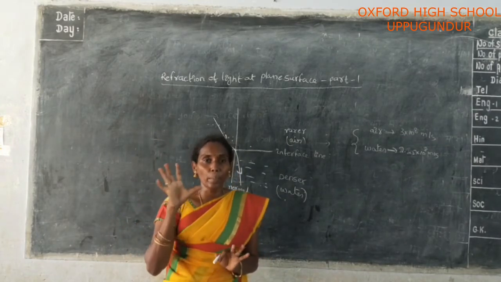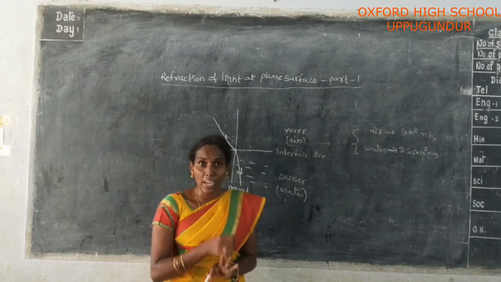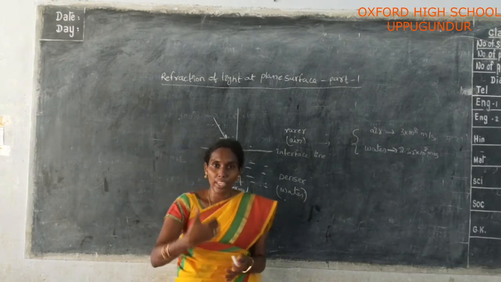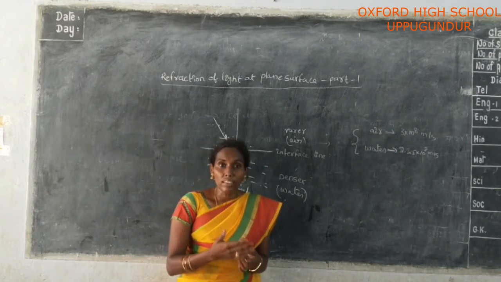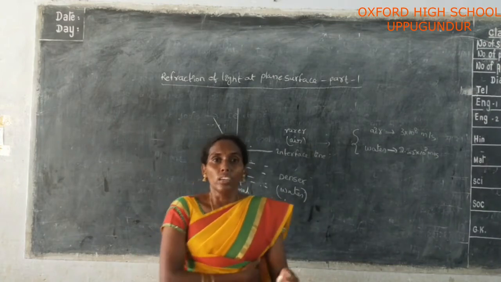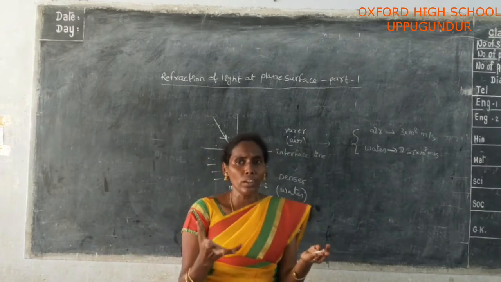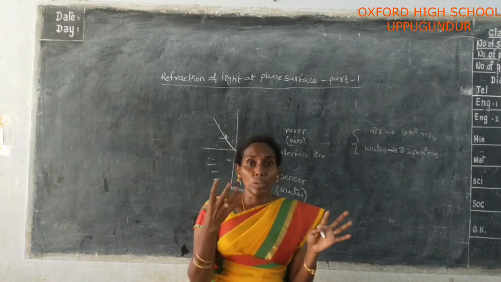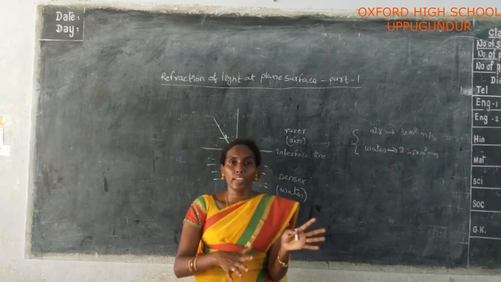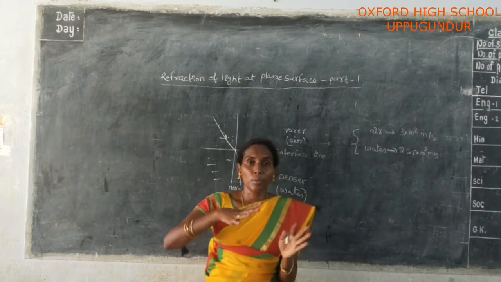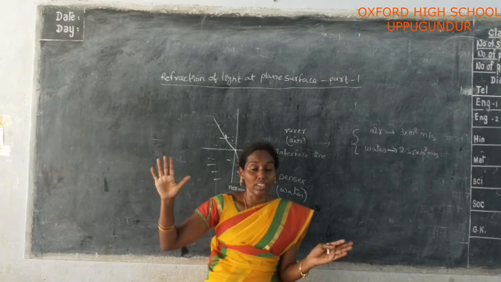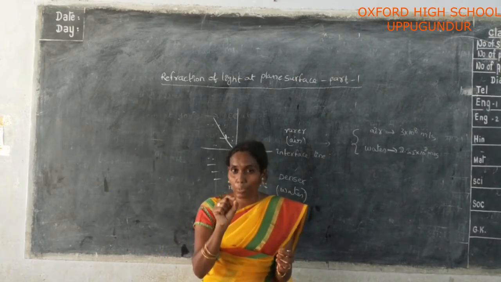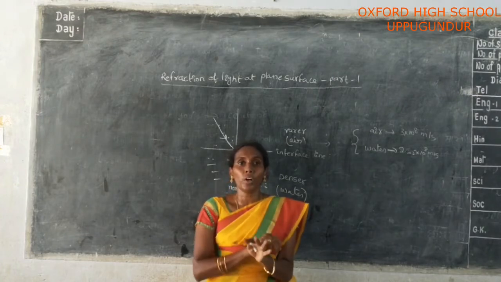What is the reason for the bending of light? Now, for example, if the light ray travels from air to water. Air means there are molecules, dust particles or vapor molecules. Vapor molecules or dust particles both are present in air. These particles are separated by large distances. And next, the water molecules are separated by very small distances when compared to air molecules.